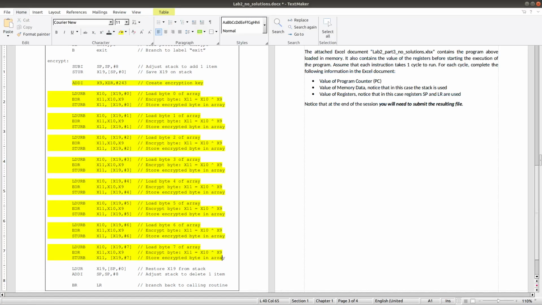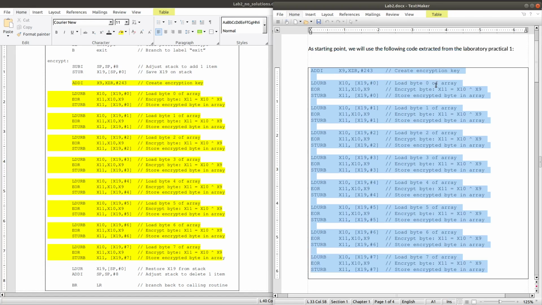So you can see I marked it in yellow now. Our program in practical 1 today is completely the same, even for the registers. Register 9 is used for the key with the same value.